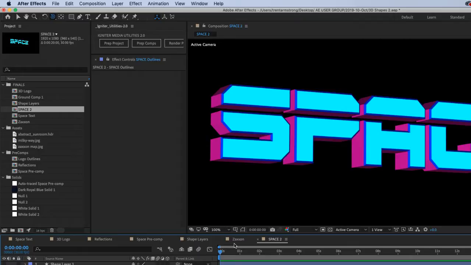Okay, so the reason is because I've exploded the letters out, and I've used merge paths to cut with the mask, right? With the merge paths. Therefore, everything is a solid. Everything is a group. If I want them individually, I just need to select this, duplicate it enough times for my letters, and then get rid of all but whatever letter I want on that layer. Okay? Make sense?